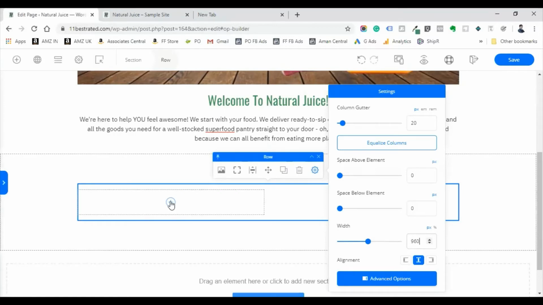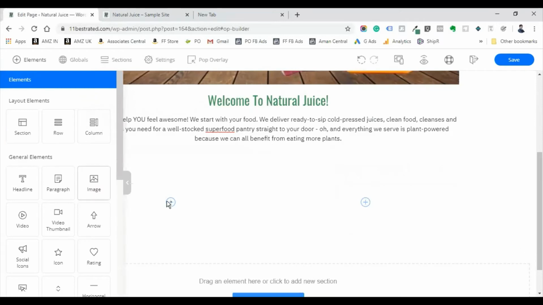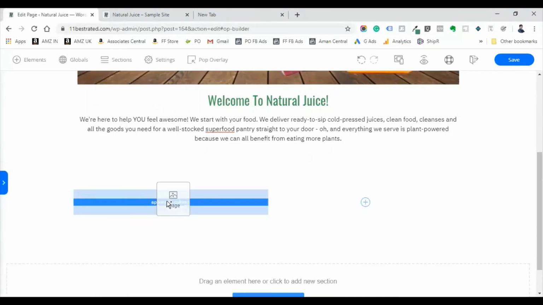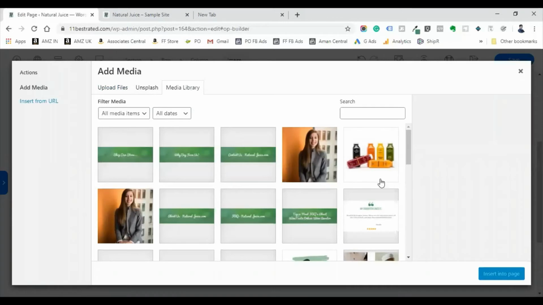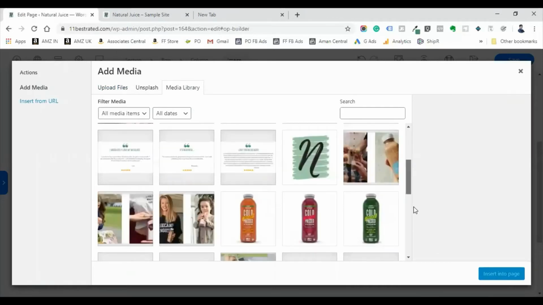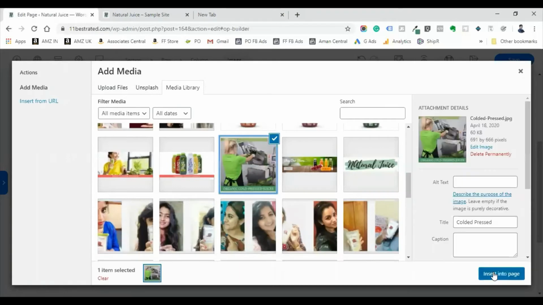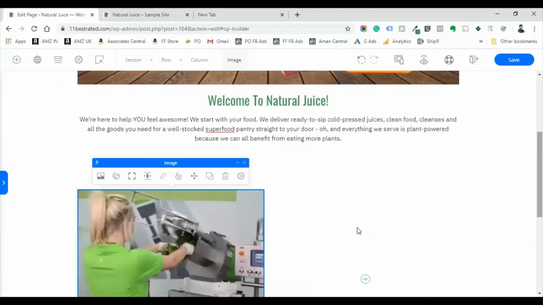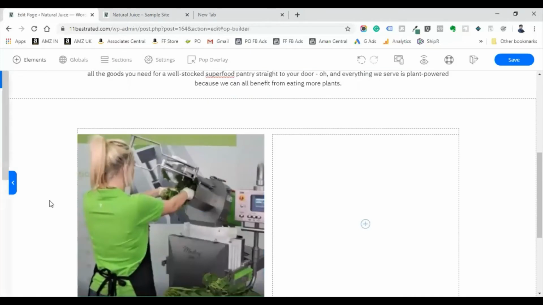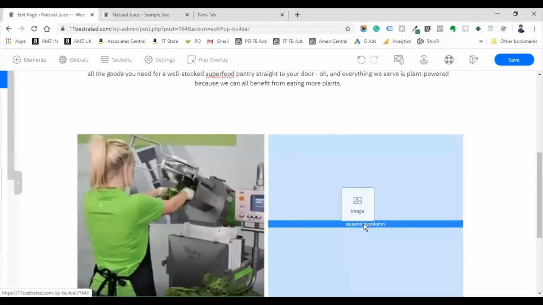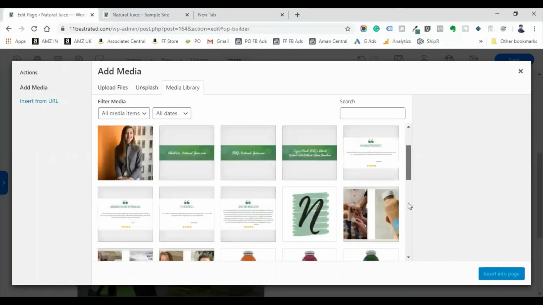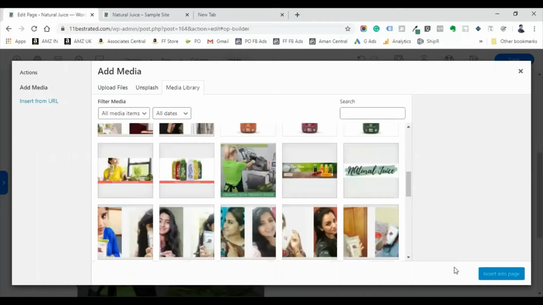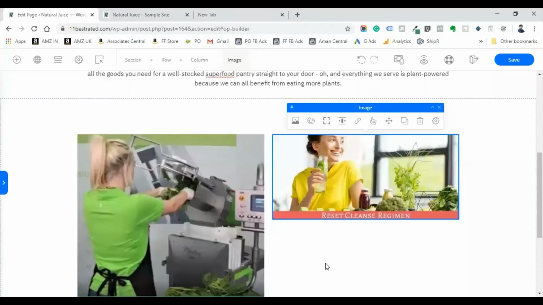Just click on that plus icon. It's taking some time. Yeah, pull the image. You have to create that image on Canva, upload it here, and it will come to your media library. From the media library, you can choose that image. Just choose that image, and here also we need an image. Drag and drop the image element. Same thing, you will use one of your images here. Below that we need one more image.